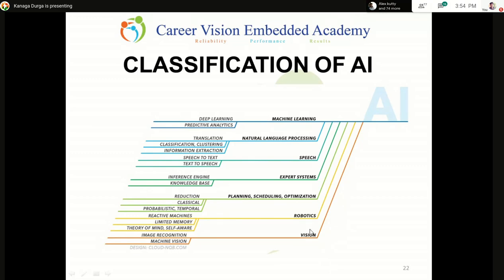So next is vision. What vision covers is places where you need image recognition. For example, let us take a traffic light camera: if you exceed the speed limit, the camera automatically captures your license plate and it's conveyed to the control room. This is one little application of image recognition, where the AI should automatically recognize that the speed limit has been exceeded,